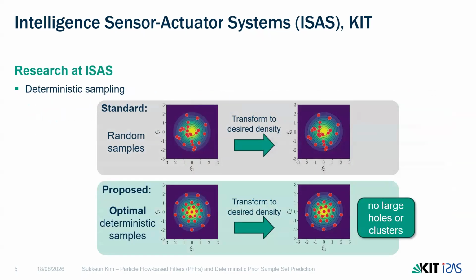Moving on, the other topic is deterministic sampling. This is an interesting research topic as well. If you think about random samples, what we usually use in real-world cases is the state of the practice, let's say. The problem is, as you can see on the